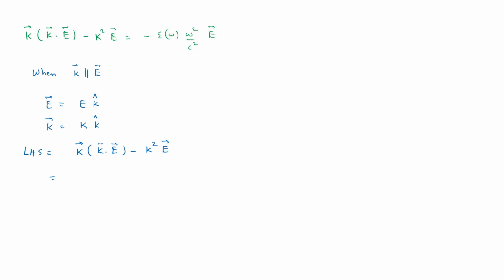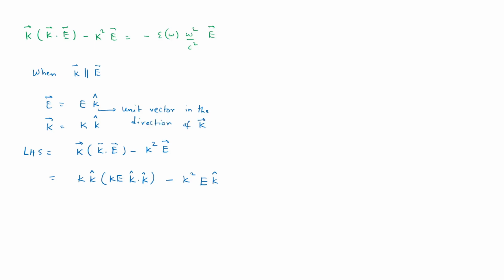So this K vector I can write as K times K cap, and for electric field, so it is E times K cap. Okay, minus K square. For E I can write E times K cap, but K cap is the unit vector, so I'll just write unit vector in the direction